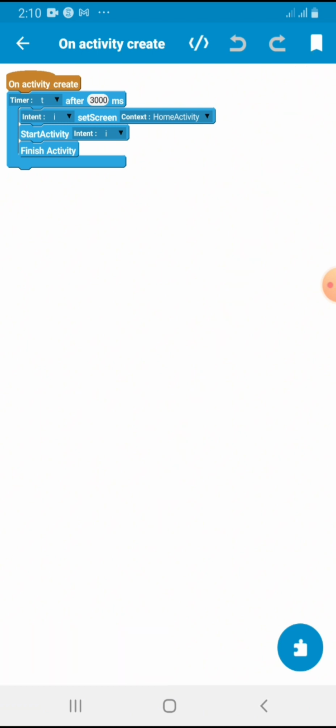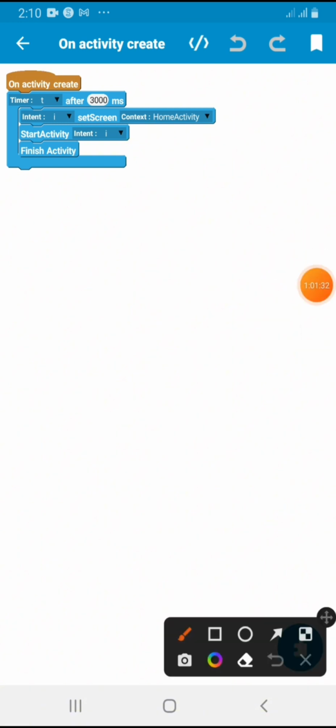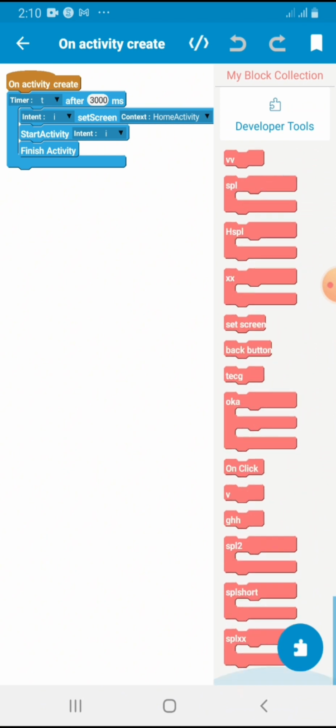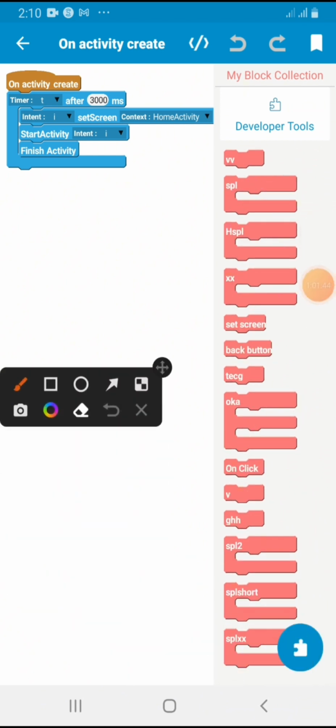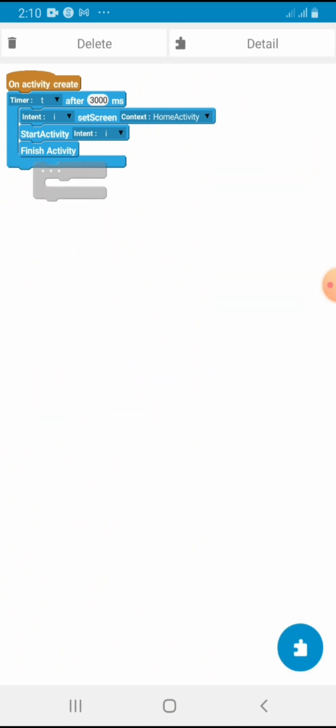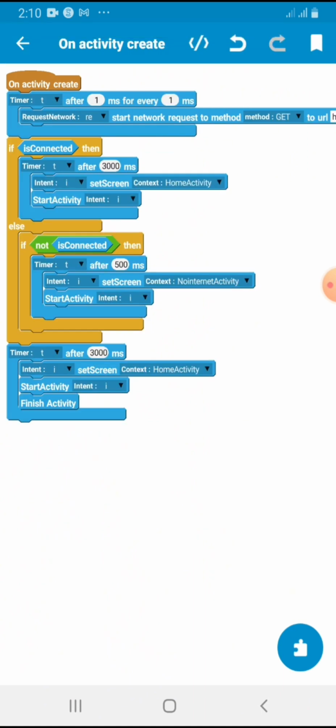Let's go to our collection by clicking here. So we'll be going down. I hope we've seen this SPLXX. We bring it out because it's the last code and place it at the top. Now, this one here